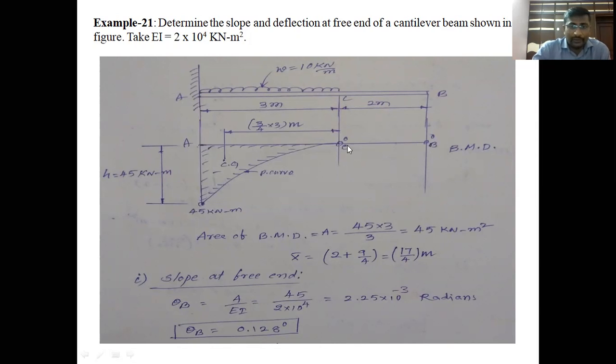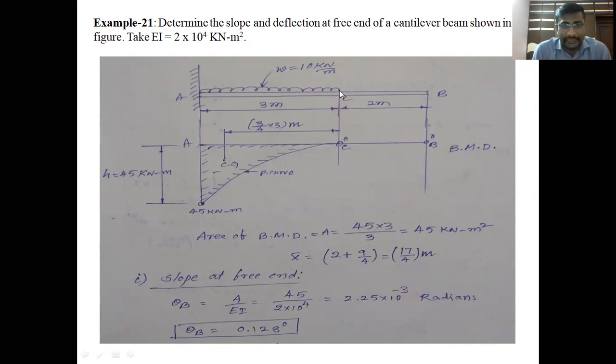So 0, 0, it is a straight line. There is no bending moment diagram, 0 bending moment diagram area here. And joining C, 0, and 45 kilonewton meter by a parabolic curve. Why? Because the bending moment changes across the beam between A and C